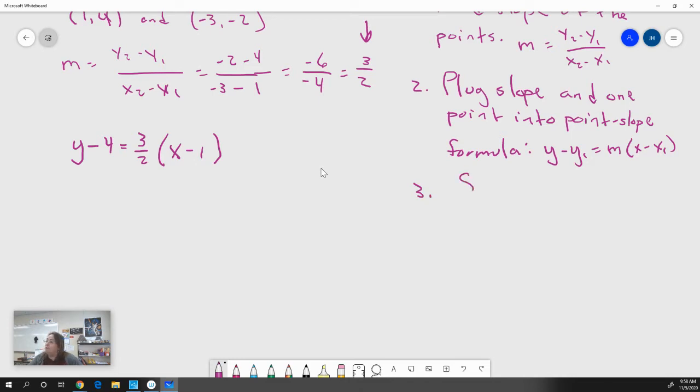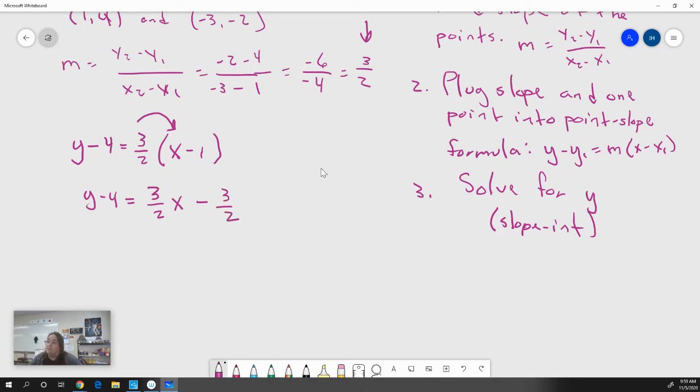Then we're going to solve for y, right? We want y to be isolated on one side of the equal sign. What we're trying to figure out is what y equals, because when we solve for y, it becomes slope-intercept form. And then we can work with it. We can graph it. We can find points, right? So the first thing we have to do is go y minus 4 equals, and we have to distribute 3/2 times x. It's just 3/2 x times 3/2. 3/2 times -1 is negative